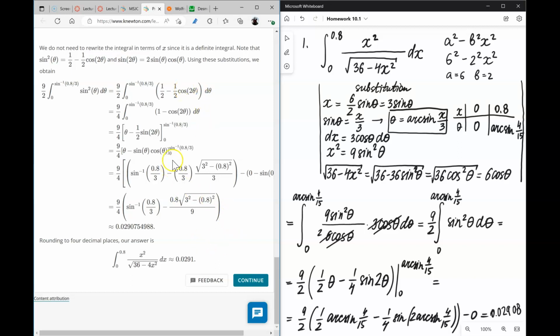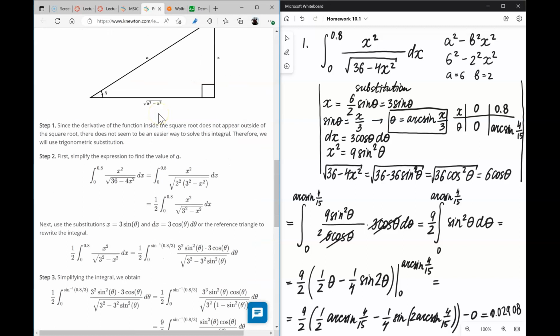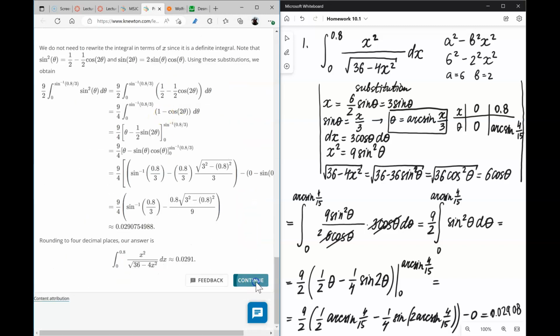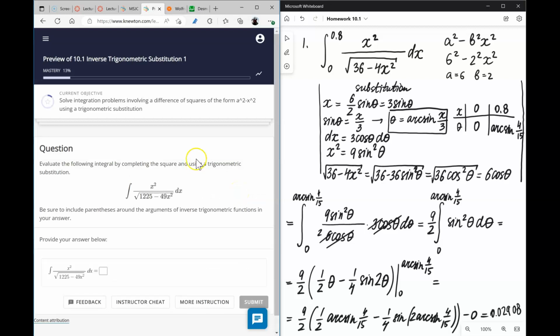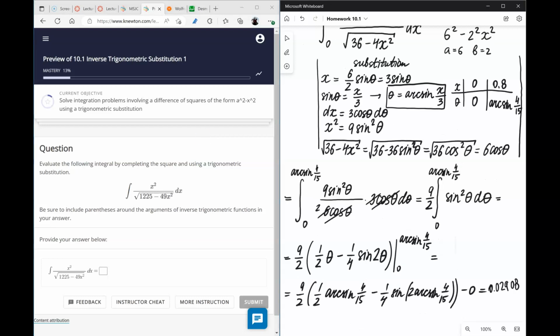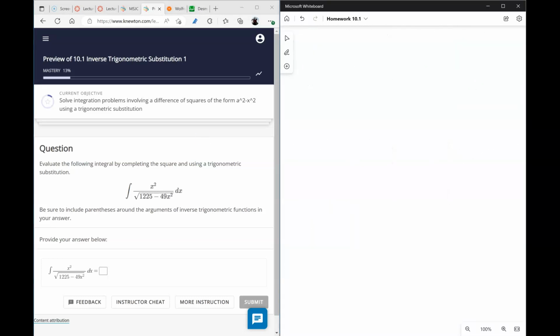I don't necessarily... you're kind of forced to use a calculator here anyway, so I don't think it's necessary to use a triangle here, but let's see. Here's another problem, very similar to the original one,